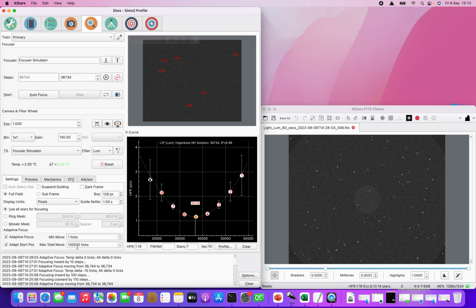This max total move is really like a dead man's handle in case adaptive focus starts running away. So if the max movement for the adaptive focus in the session that you're running exceeds this number, it'll just turn it off. So as I say, it's more like a safety device to stop things running away. I've just set this to a very high number for the purposes of this demo. Okay, so